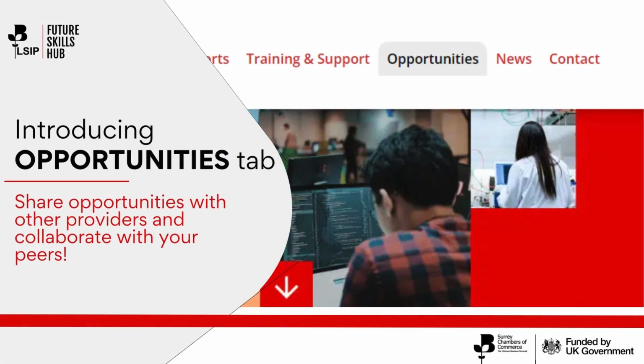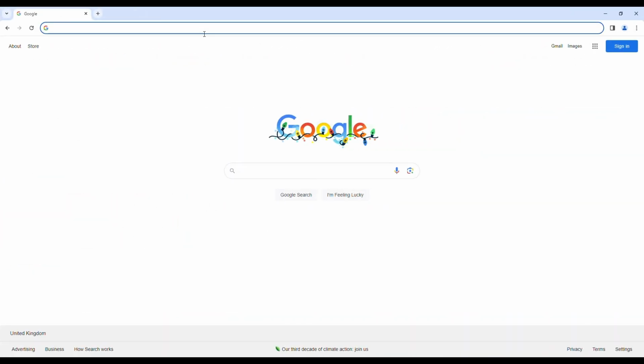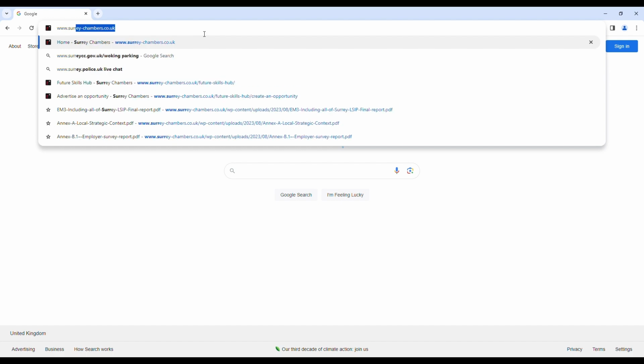Not only that, but it's also a way to share opportunities with other providers through staff sharing or functions and events. To start adding opportunities, all you need to do is head to